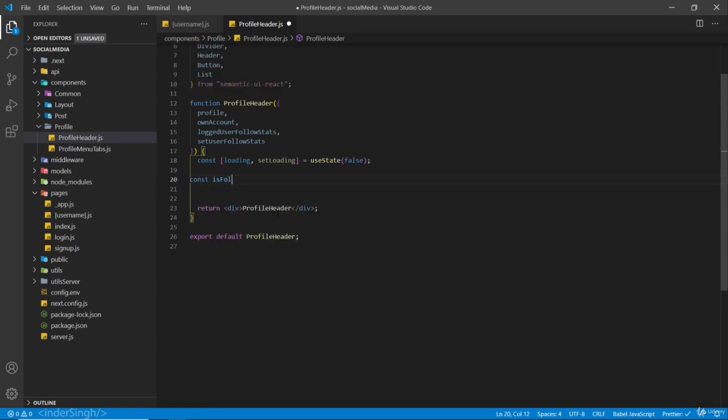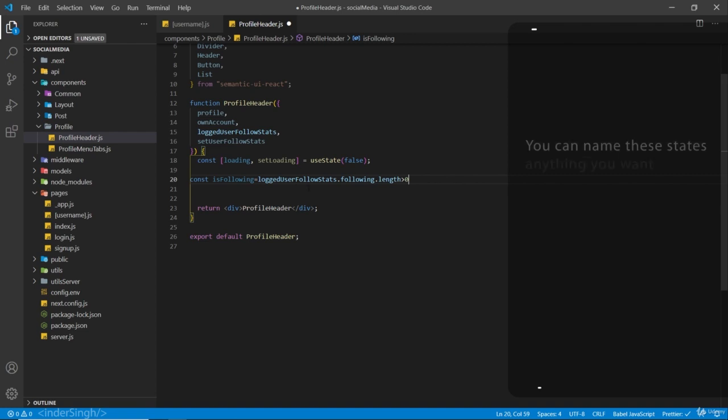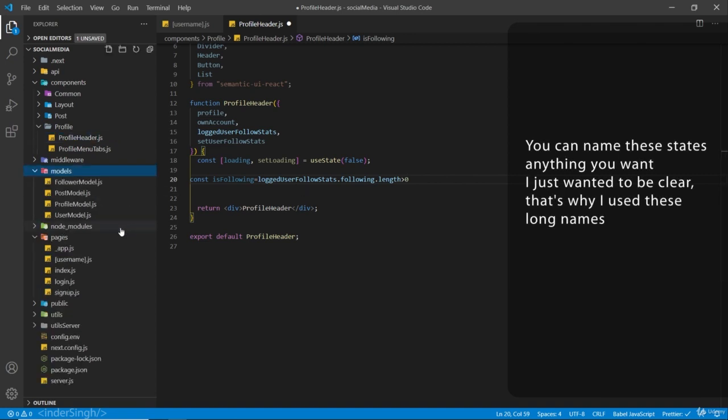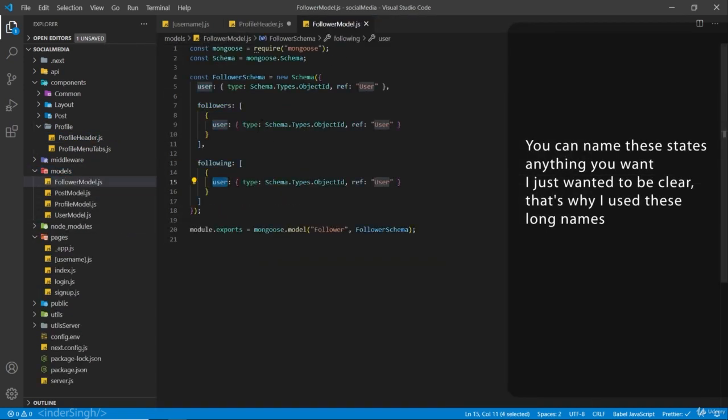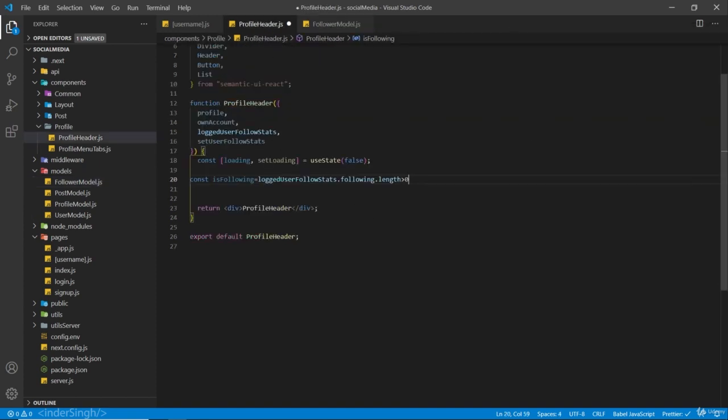So const isFollowing. Here we are going to filter over the logged user follow stats. So loggedUserFollowStats.following.length, if it is greater than 0. This loggedUserFollowStats is basically just the information which we are getting from the follow model. So we have the followers array and the following array. So we are checking if the following length is greater than 0. Then we are going to run a filter over it. So loggedUserFollowStats.following.filter